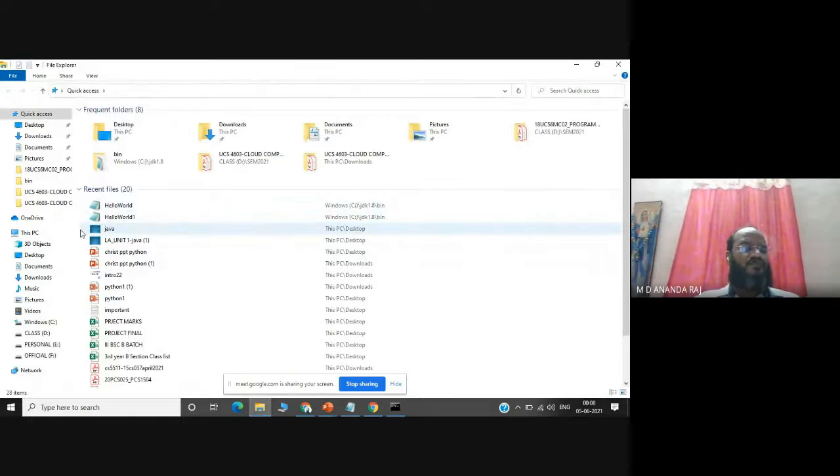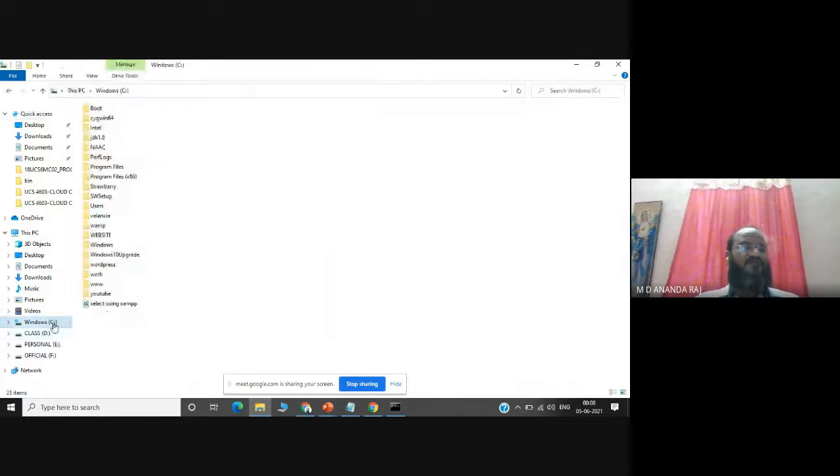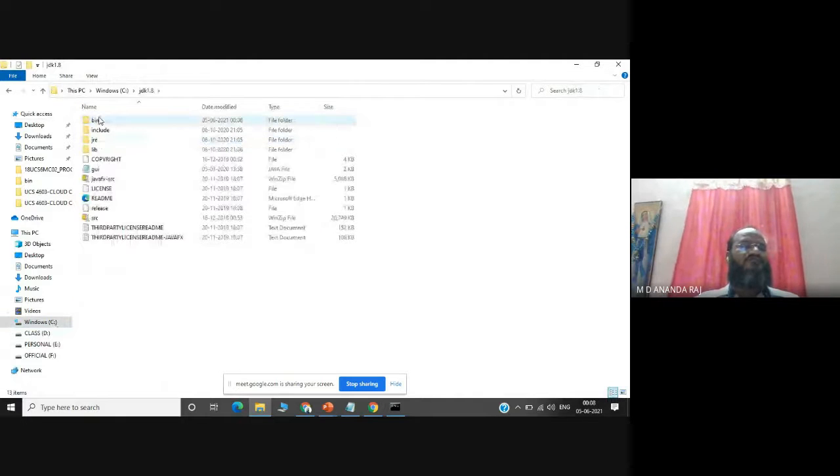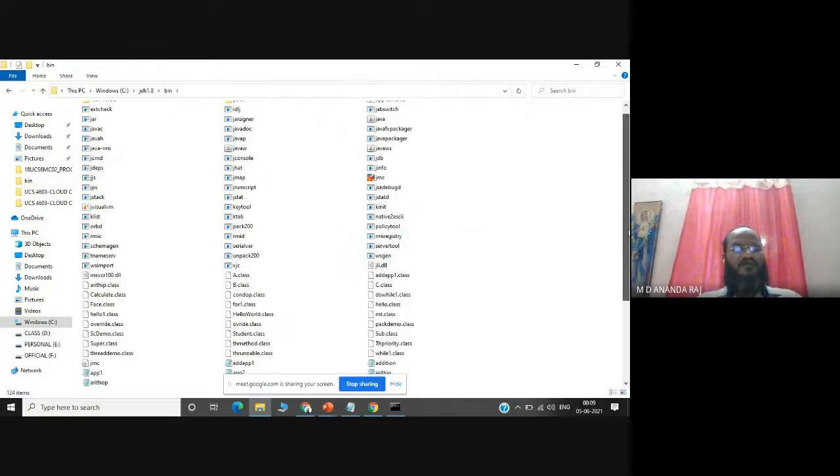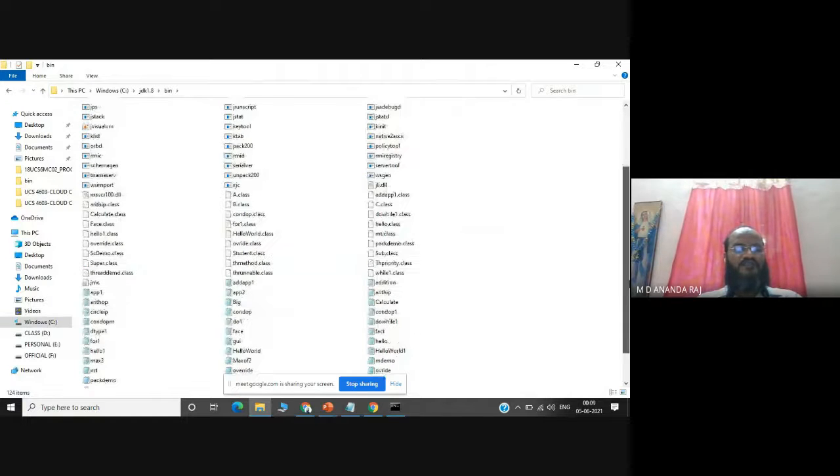So you go to that particular folder, C colon JDK 1.8 bin, and you can see here, once we have successfully compiled our program, it will create a particular file called HelloWorld.class.